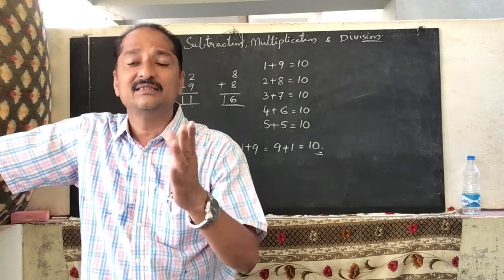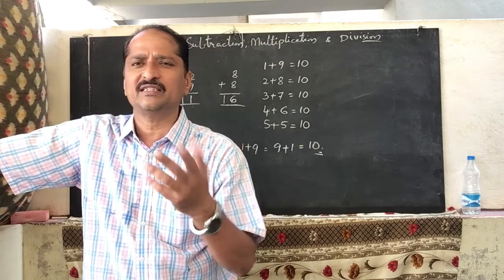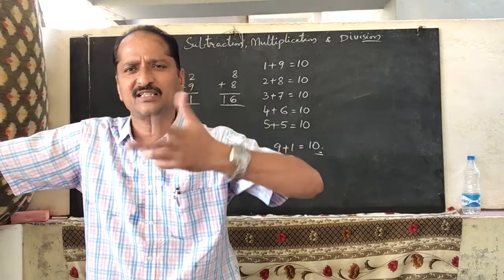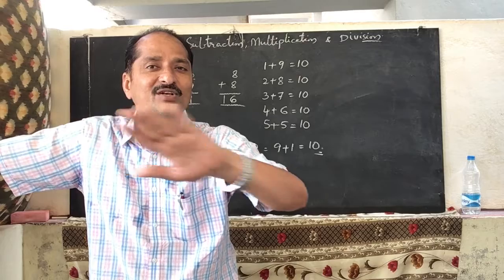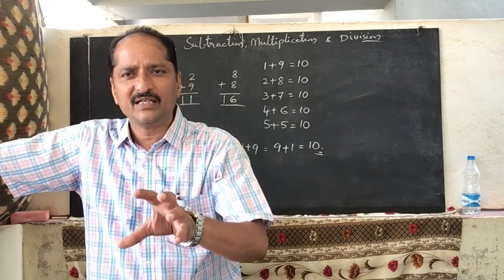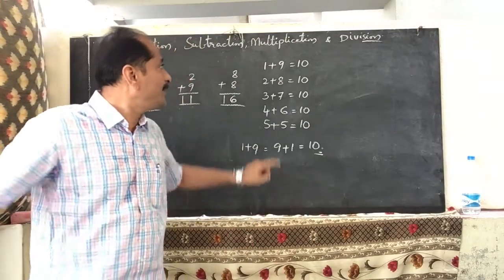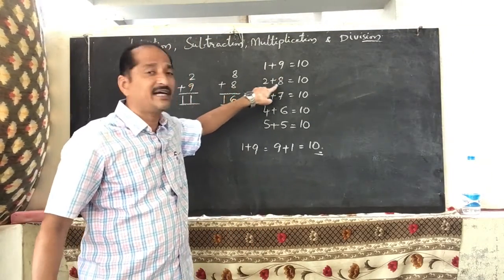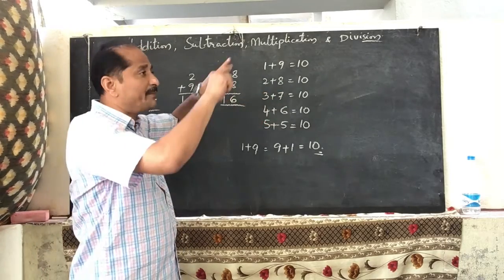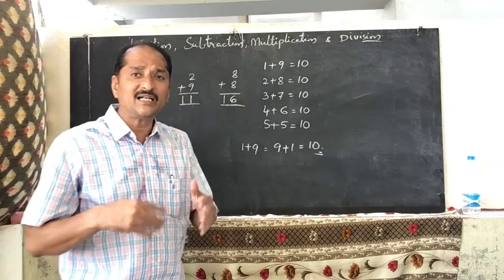Not only two numbers, the three numbers. If you take 3, 4, 5, any number of digits, you can take them in any order. If you are changing the order of the numbers, the sum does not change. It doesn't affect the sum. Okay? But you have to remember carefully while you are taking more numbers. So, I will write big numbers here. How can you add those numbers?